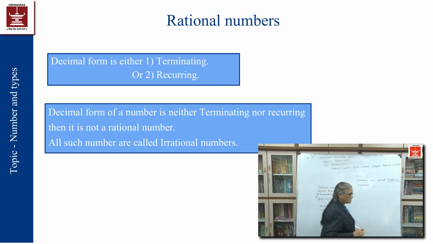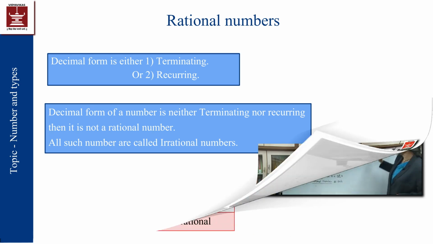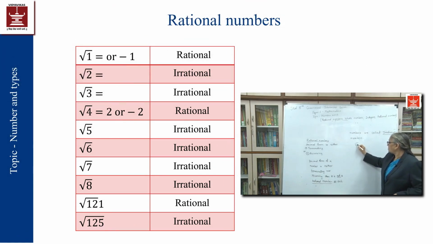Of irrational numbers. So, which are the irrational numbers? Let us consider root 1. Is it rational or irrational? The square root of 1 is 1 or minus 1, and therefore it is going to be rational, because 1 is an integer. Every integer is a rational number. The square root of 1 can be minus 1 also. Therefore, it is a negative integer, which means it is a rational number.